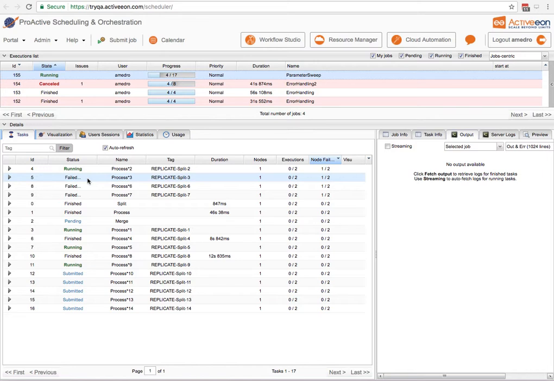Then, the granularity of the fault tolerance is at the task level. When a task is finished, the scheduler makes a step forward in the workflow execution, and in case of failure, it will recover from that step. The workflow will not have to restart from the beginning. Here, we can see the workflow keeps running on the 4 remaining nodes, so at a lower capacity, without any administrator intervention.